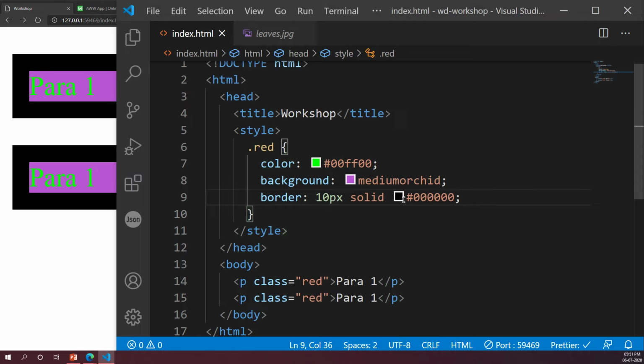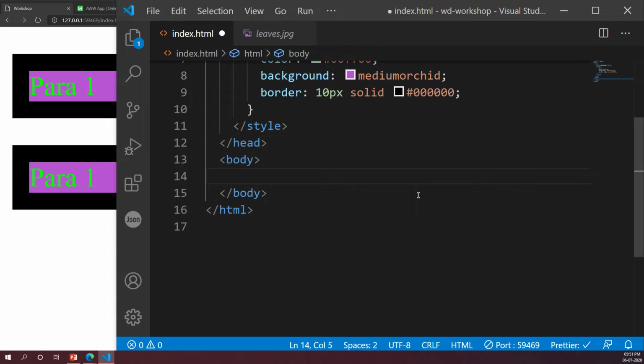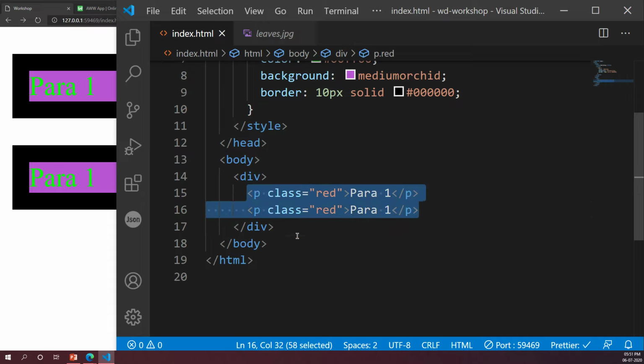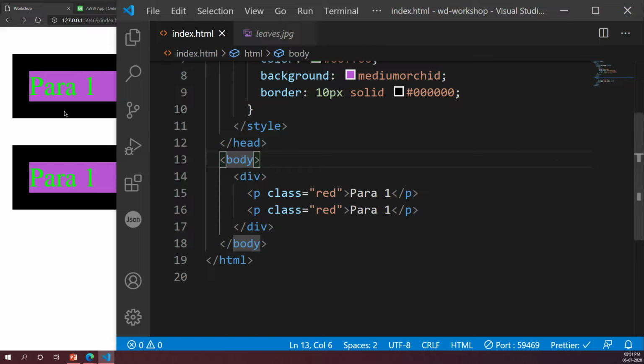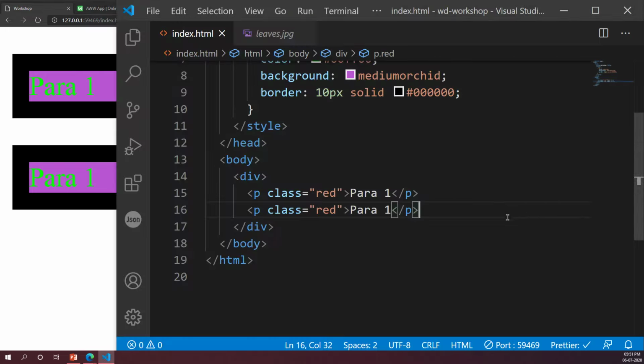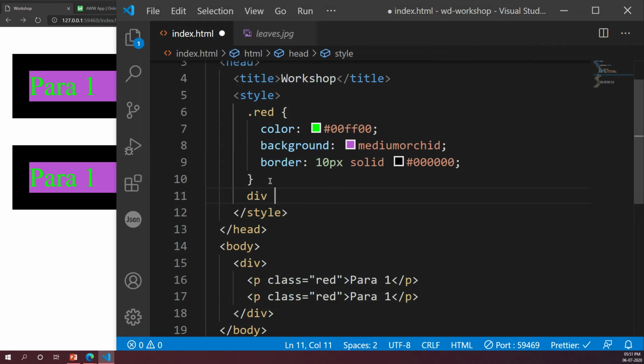Okay, and then let's look at margin and padding. Margin and padding are two important things. I'll take these two paragraphs and cut them. I'll create a div and put these two paragraphs inside the div. So my div is my outermost element, and inside it I have two paragraphs. Now outside the div you have the body. The body is basically this white part all around the entire page itself. That's the body, right? So I'm going to create a selector here called div,